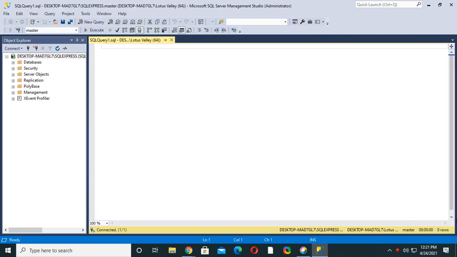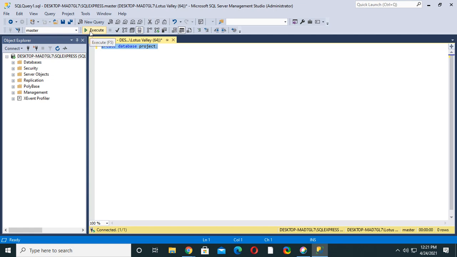So the first statement was creating a database. The query was create. It can be uppercase or lowercase, it totally depends upon you. So I will just keep it in lowercase. Create database, and the database name we have taken in the book is project. So you have to write here project, then semicolon. Now using shift and home key you can select the whole line and just press F5, or you can also